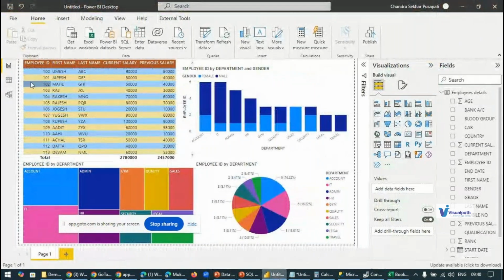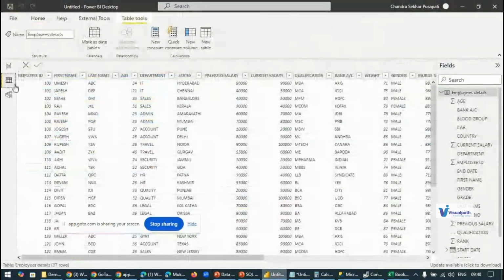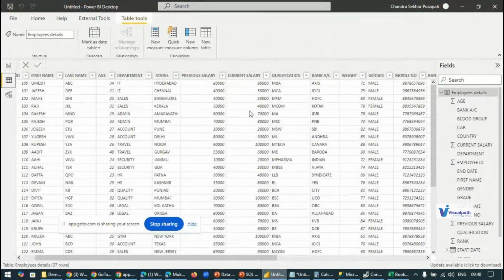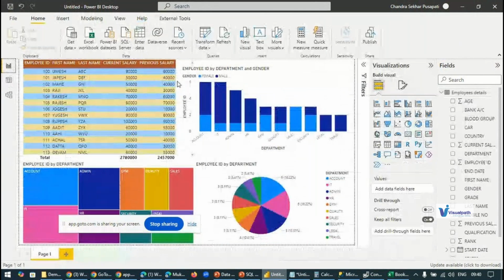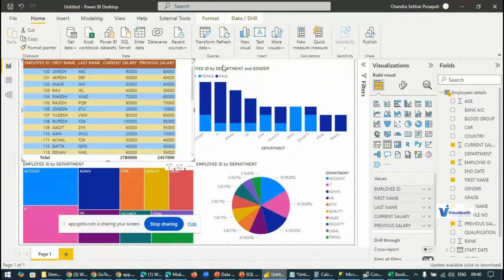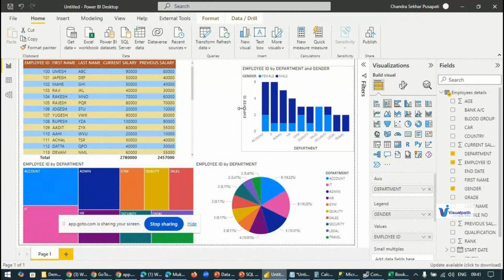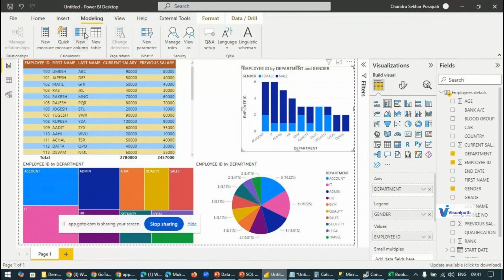Suppose in my data, I have current salary and previous salary. If I want to calculate how much increment each person got, we need to write a DAX formula for that. Take a new column.